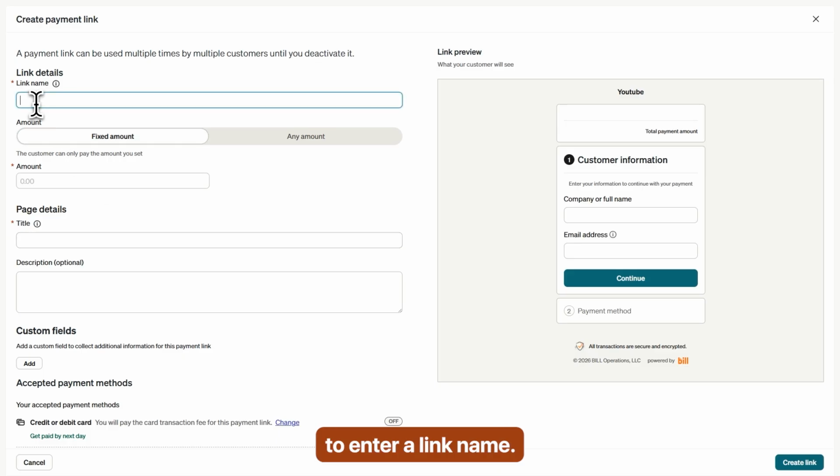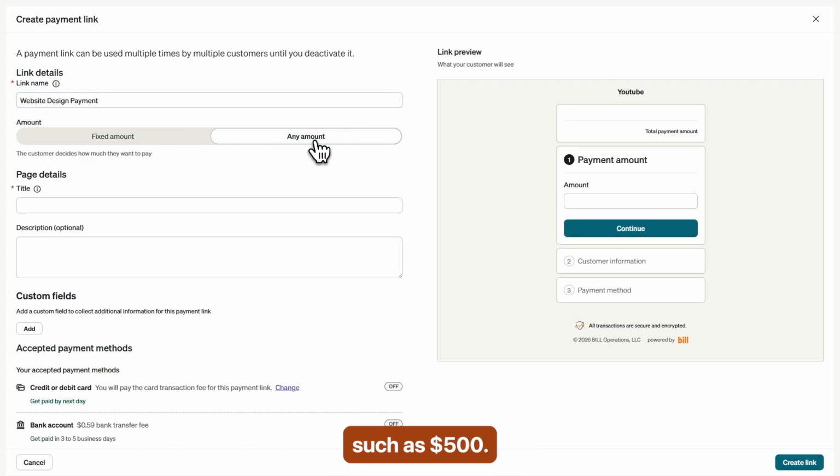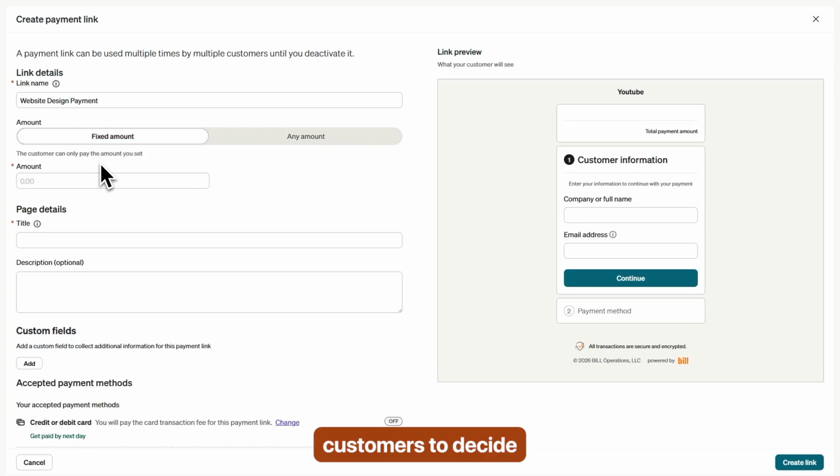You'll first need to enter a link name. For this example, let's type Website Design Payment. Next, choose how you want to collect the payment. If you already know exactly how much your customer should pay, leave fixed amount selected and enter the payment amount, such as $500. If you'd rather allow customers to decide how much they'd like to pay, simply switch to any